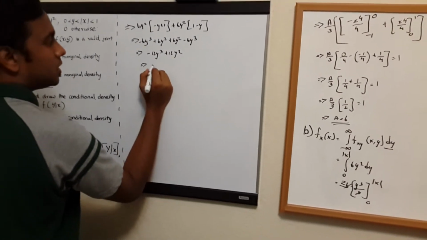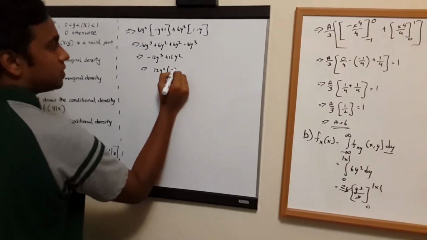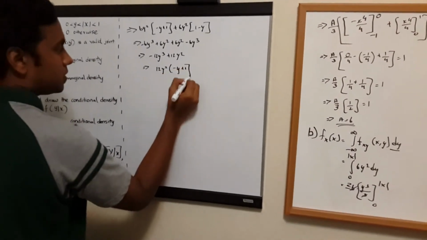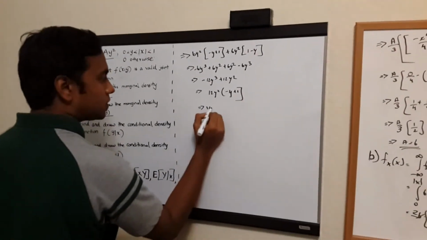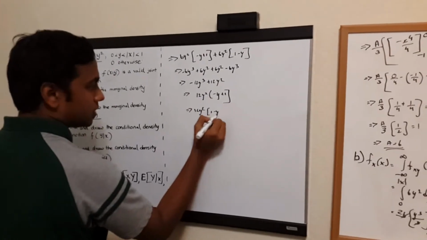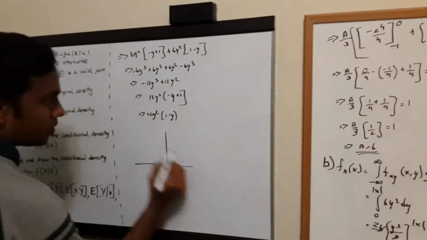So we can take 12y squared as common. So this gives us 2 minus y plus 1. Now this is 12y squared of 1 minus y. Now to plot the marginal density function graph of the above function,